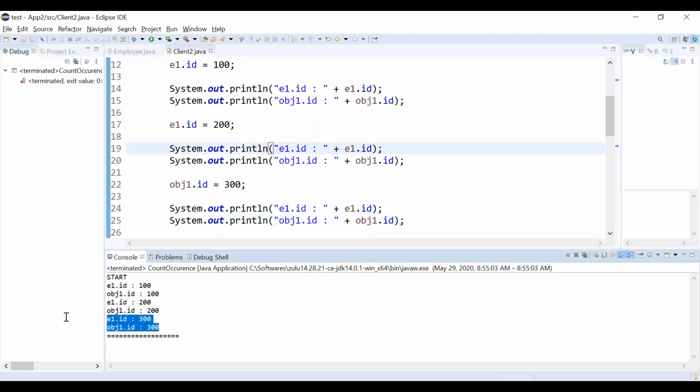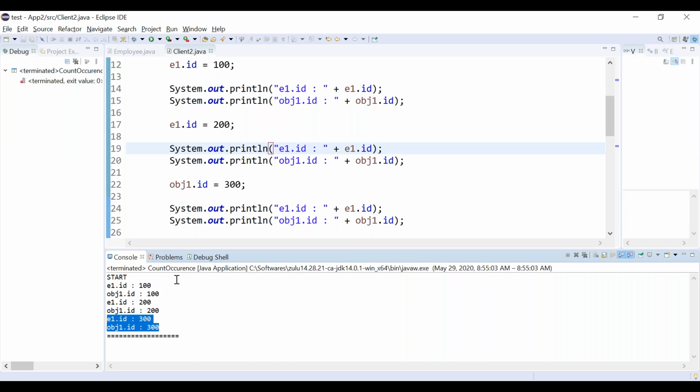We only need to understand that if you modify the object value through any reference, even the other pointing reference will be affected, because the source is the same, only one object, but the references are different.